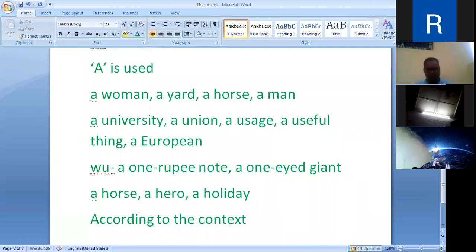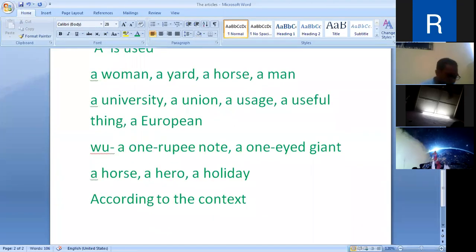According to the context, that means the reference, the earlier part, the background, the backdrop, will decide whether to use A or AN. Earlier examples were based on the sound. Now, next uses of A or AN are based on the context. The indefinite article A or AN is used in the sense of number one,